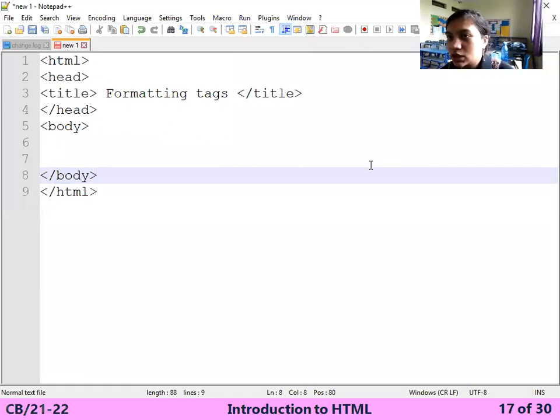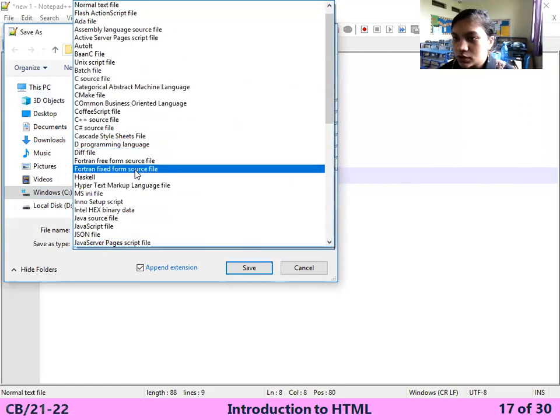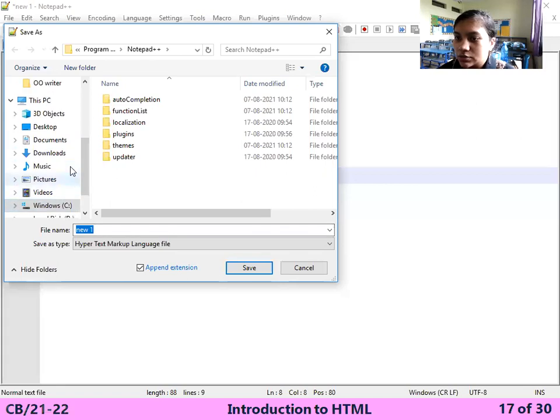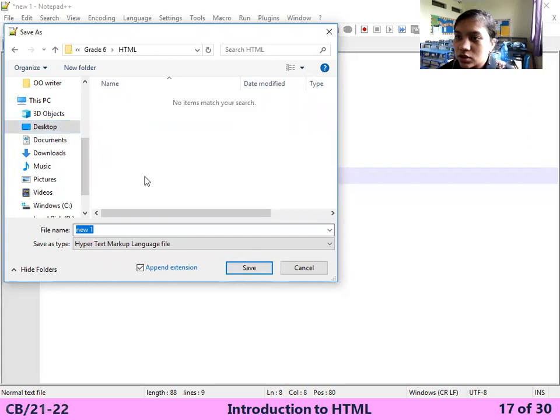Now saving it, Control S. Firstly, I will select Hypertext Markup Language and select the location where you want to save it. Write down the name practical.